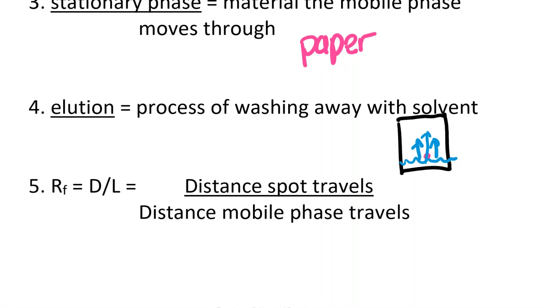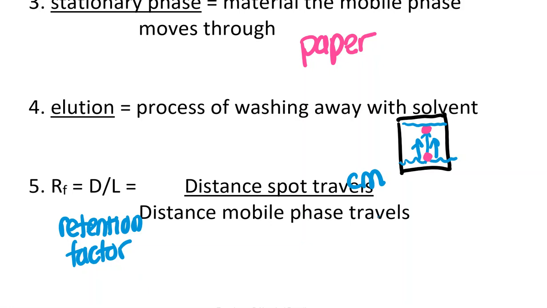Okay. So the retention factor, the RF, the retention factor is a measure of how far up your compound moves. In other words, you're going to start with it down low, but at the end it may end up higher, and you're going to compare that to how far the solvent went. So it's always the distance that the spot travels, which will be in centimeters, divided by the distance that the mobile phase or solution went, which will be in centimeters. And you'll get a number,